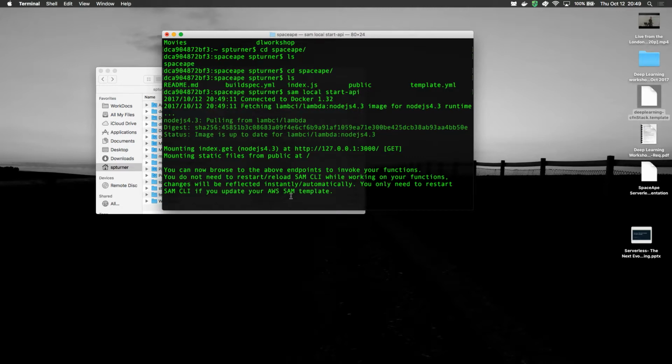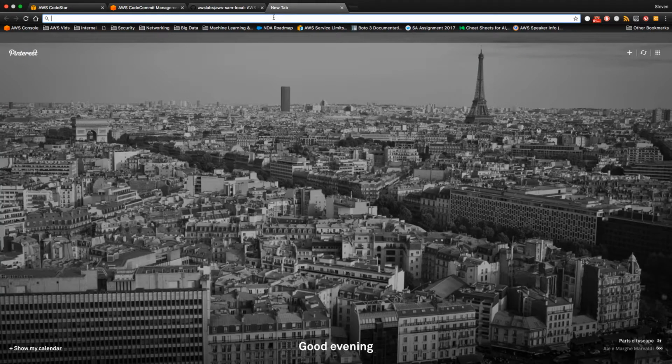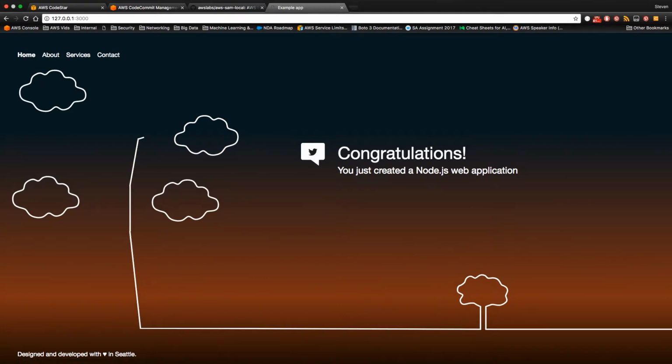So this should be pretty much up and running now, and it's given me an endpoint I can connect to here. If I'm feeling particularly lucky and I open a new browser tab, I should be able to connect to that now. When you kick this off for the first time, it does seem to take a little bit of a pause, but there we go. So this is running locally on my laptop at the moment. I've got effectively a local web server with an API endpoint that I can interact with. And you can do a few things with this in terms of modifying it, iterating through it quickly.